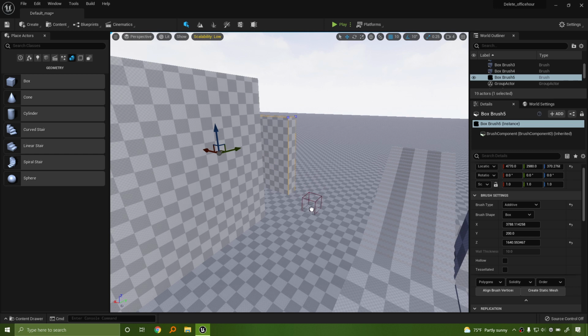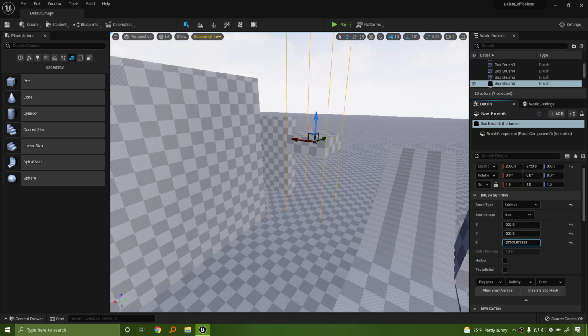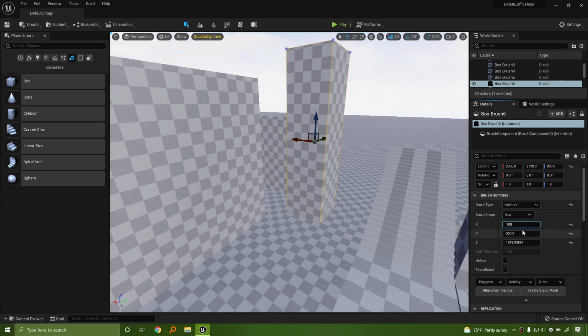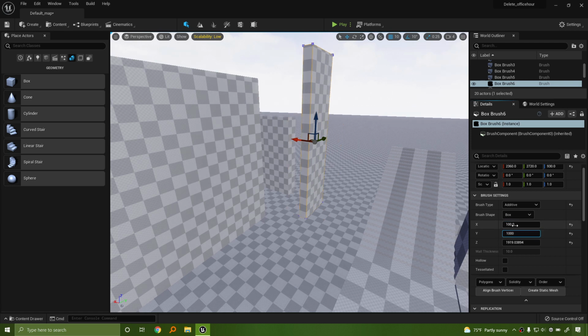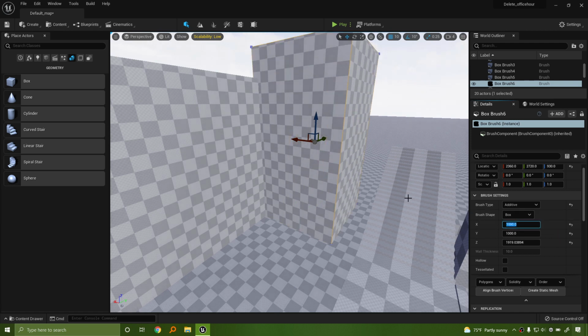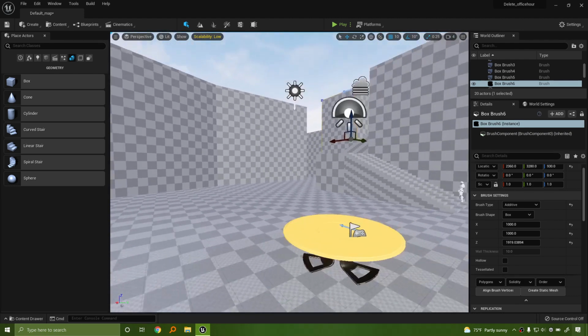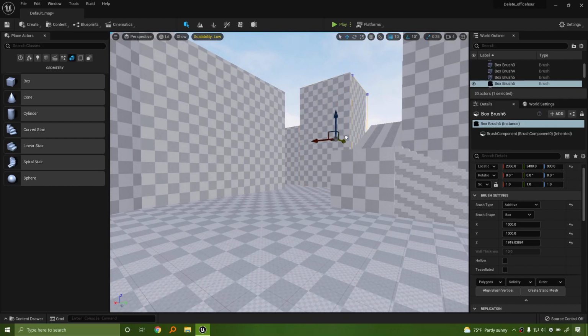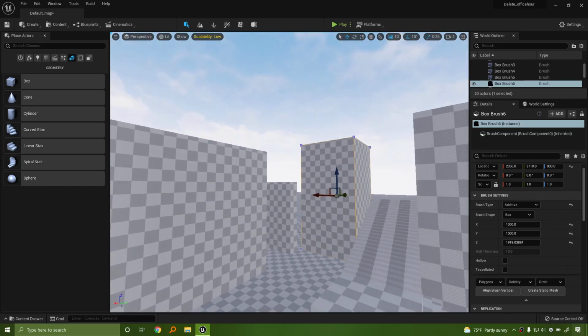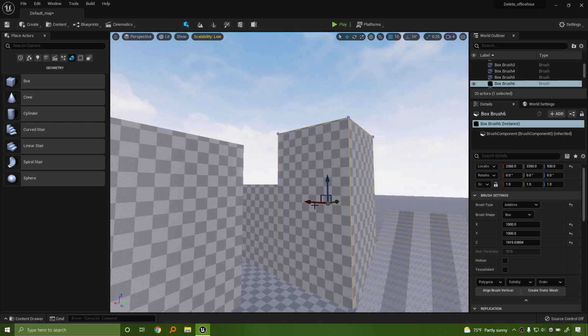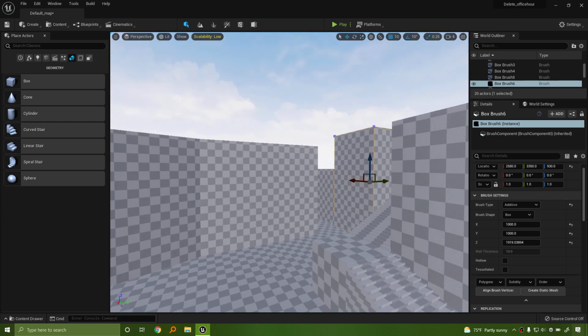Let me grab a new fresh box here, and I'm going to just scale this up. Let's do 500 by 500, and then this is going to be real tall. You know what? Maybe I'll double that. 1,000 and 1,000. Oh, missed a 0. There we go. That's more what I want. And what I'll typically do is get into a position where I think it's going to look good gameplay-wise, and just shove that over there, and then we'll manipulate where that's supposed to be.